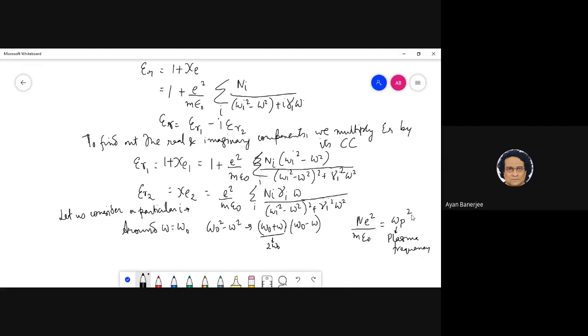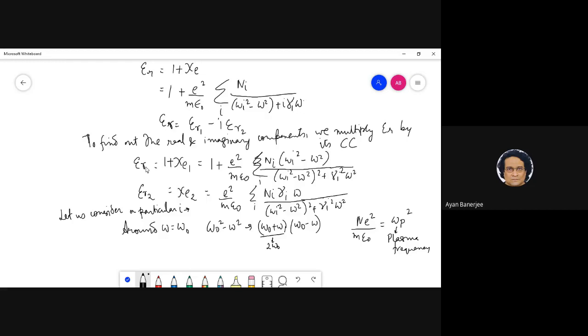Any idea, guys, about what the concept of plasma is theoretically? We'll of course understand that in detail later on. But any clue what this plasma frequency physically means? Okay, so I'll just preempt it, because it's a very, very interesting concept. When you express this as omega p square, you actually get a circumstance when this epsilon r1 can be 0. And that has tremendously interesting consequences, especially when we will do the Drude model.